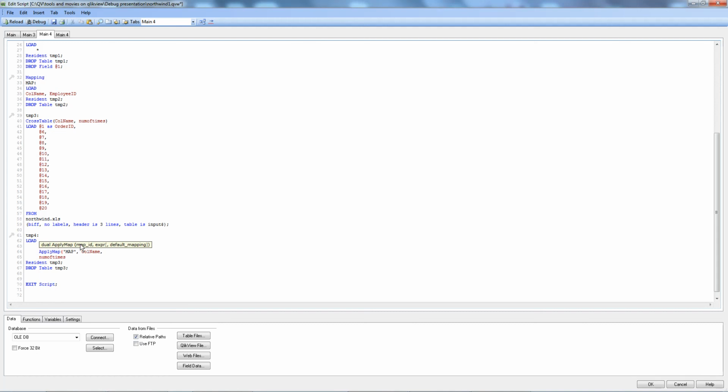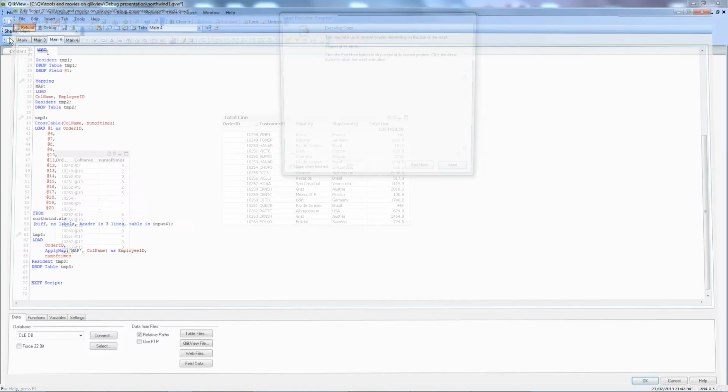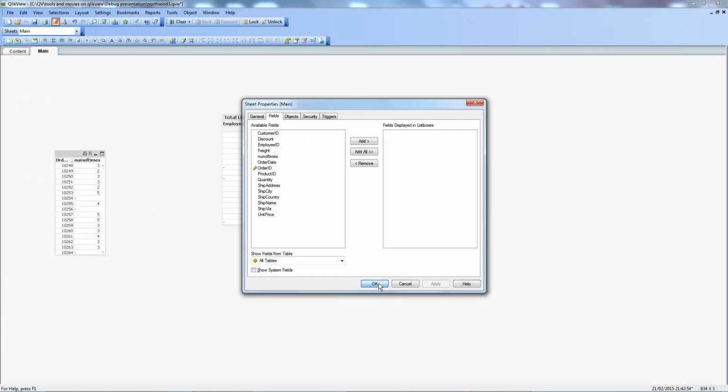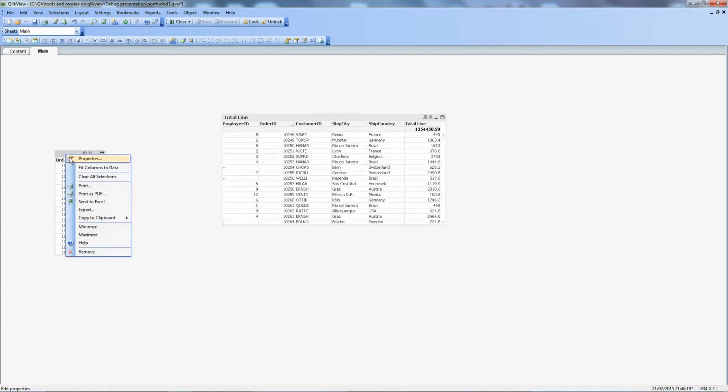Remember, I told you the first column is going to be the lookup table, and I wanted QlikView to take the value from this load column name field and go and look for it in the mapping table. And when it finds it, I want it to return the value in the other field, which is, as you recall, the employee ID. And actually, if I run the script now, I can see